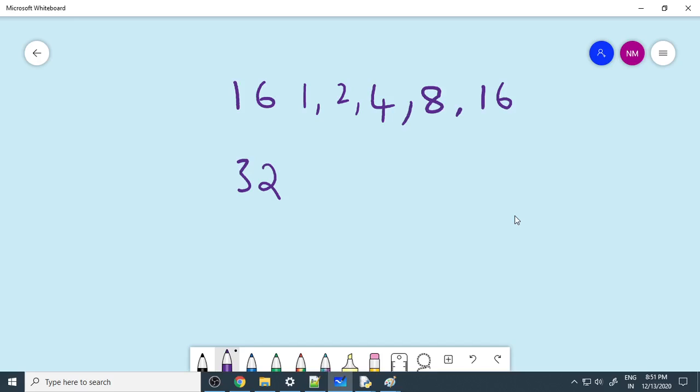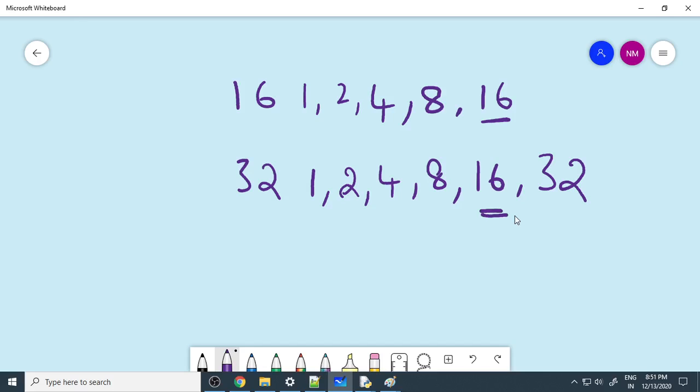So these are the factors. Now when you come to 32, all these are applicable again. 1, 2, 4, 8, 16, 32. So which is the greatest? You can see that in both the places 16 is present. Therefore 16 is the GCD.